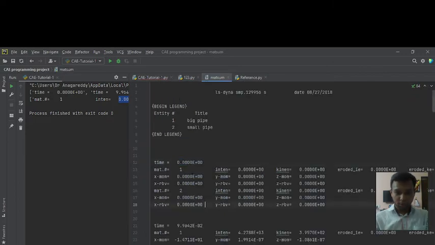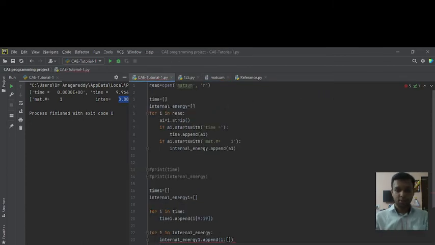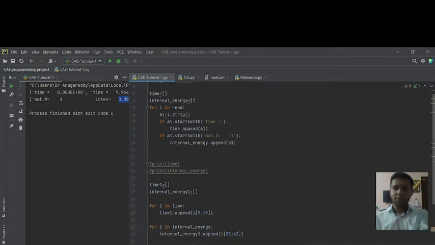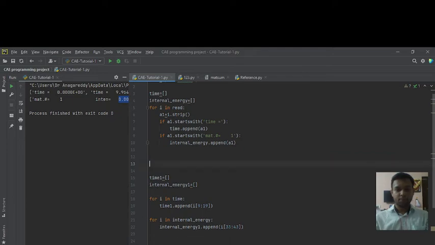If we measure internal energy, it starts from 33 to 43. Okay, and let's check the output. One second. Time 1. Okay.